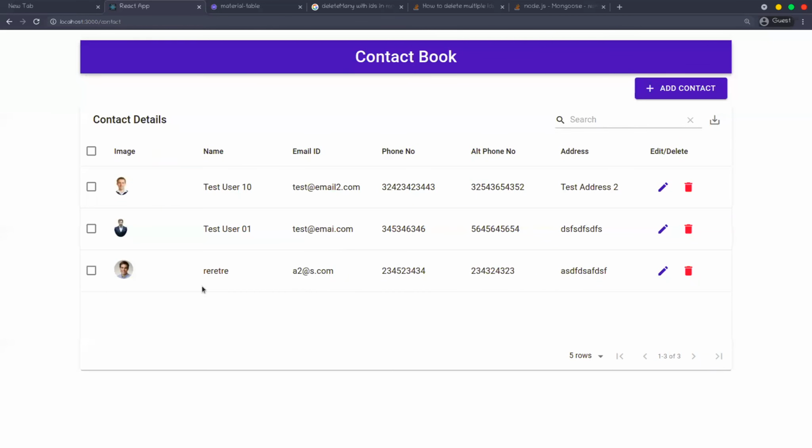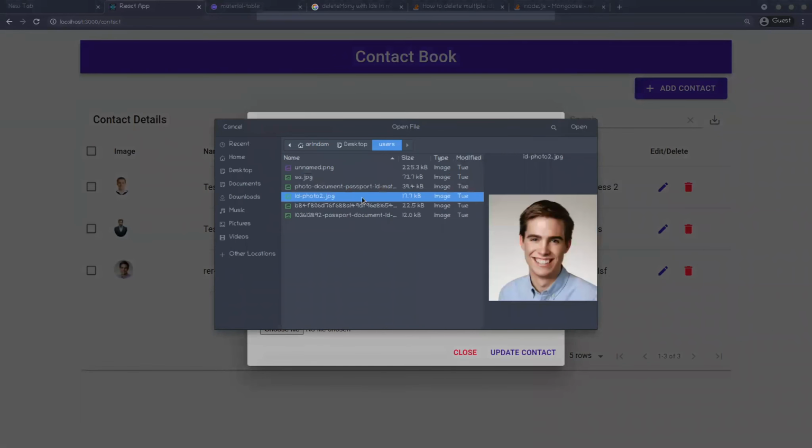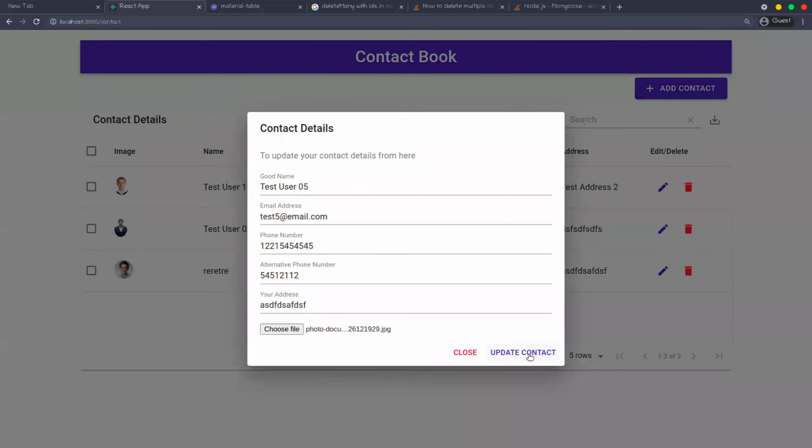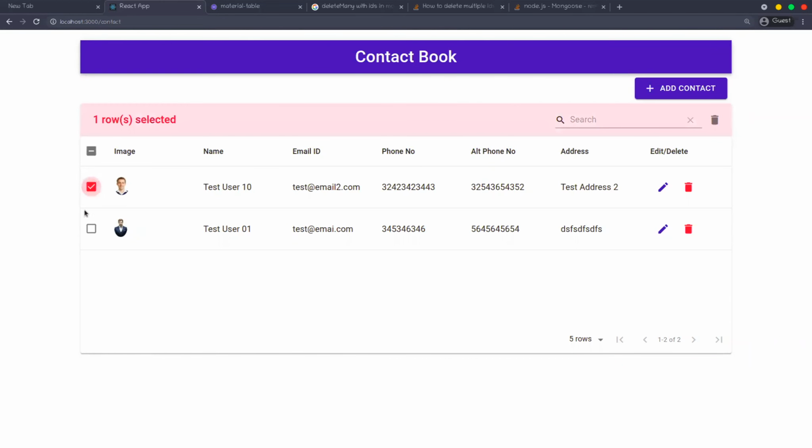So if you want to update, like I'm updating this thing as test user 05, test5@email.com. Now you can see this has updated. Now I'm trying to delete this one. So click on here. So delete is done. If you try to select this delete, you can also do multiple select.